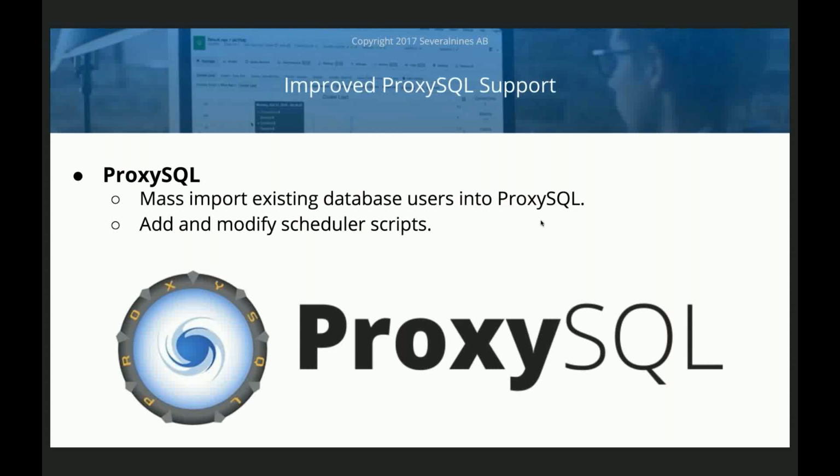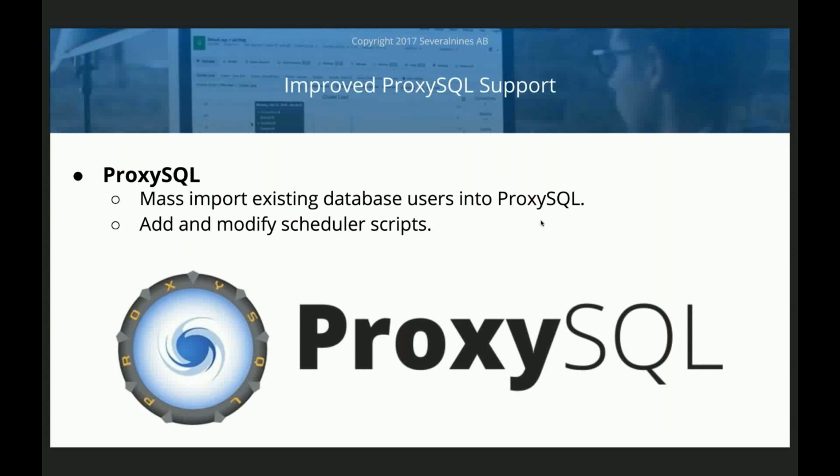To do so, they needed to retain their users, so that ProxySQL could authenticate towards the MySQL database with those existing users. Now it's possible to import those existing users into ProxySQL